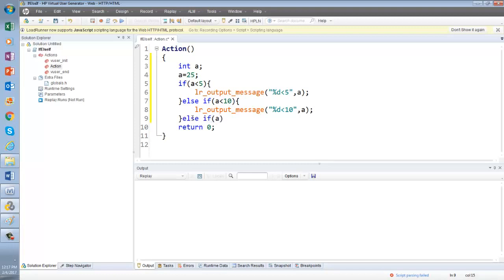a less than 15, right, let's say 15. Else if 20.